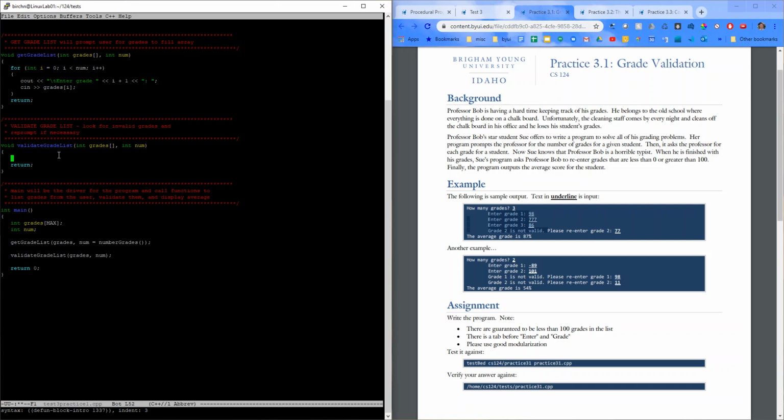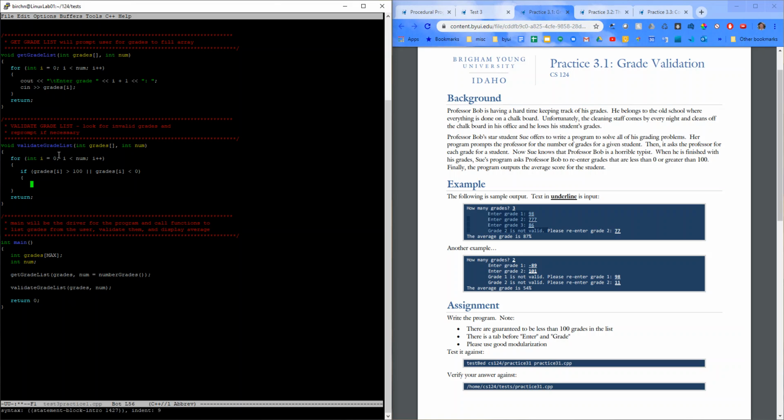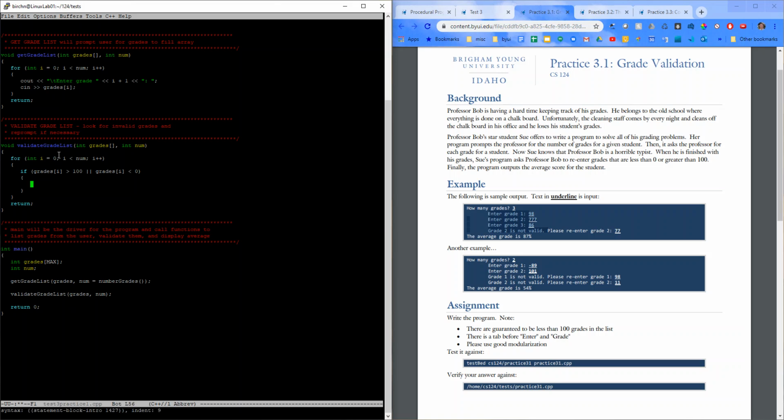Let's go ahead and dive in here. Let's say for int I equals 0, I is less than num, I plus plus. Okay, if grades at index of I is greater than 100, or grades at index of I is less than 0. Okay, these are things we don't want. Apparently no extra credit in this class. Okay, cout tab grade, whoops. So it said grade 2 is not valid, so grade